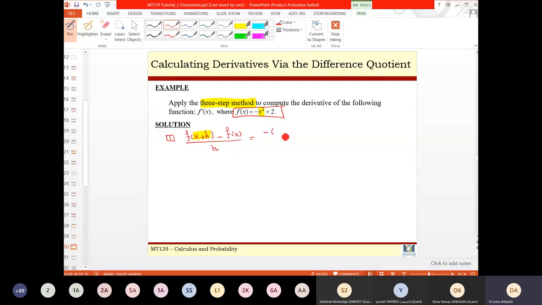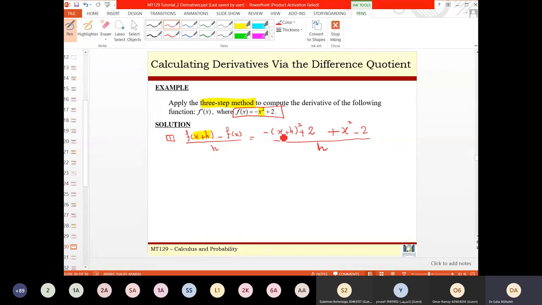This means minus x plus h squared plus 2. ولا اروح للفانكشن اشيل الاكس احط مكانها x plus h. Minus f of x, يعني minus f of x minus this function itself. So this will be plus x squared minus 2. Everything divided by h. You are getting that ولا لا؟ The first amount اللي هو in the function أشيل الx